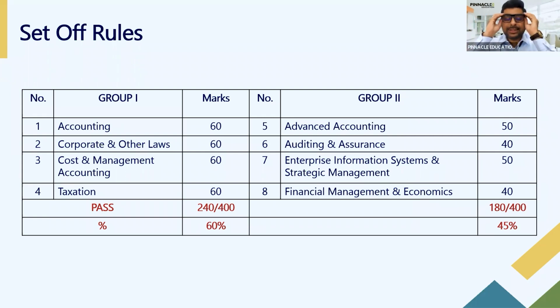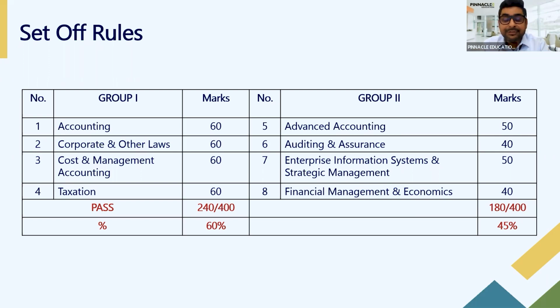But now let us imagine a scenario like our students who give both the groups together. Okay, you prepare all 8 papers properly and you give both groups together. Then what happens? Now in such a case, let's check both the rules again for all 8 papers together. Now, paper 1, 2, 3, 4, 5, 6, 7, and 8. Have you scored a minimum of 40 in each paper? Yes, you have.